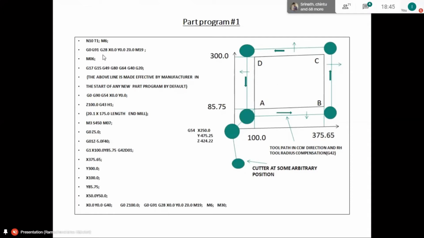So coming back to G0, G91 and G28, X0, Y0, Z0, M19. G28 is reference return to the reference point. That means wherever the spindle center, spindle face and spindle axis are, they will get back to X0, Y0, Z0 by analyzing and manipulating the speed of rapid traverse.